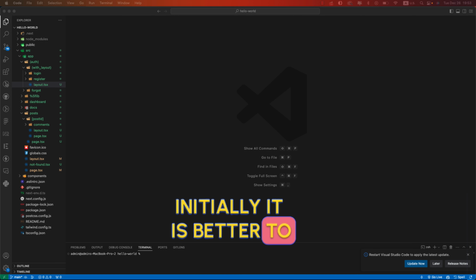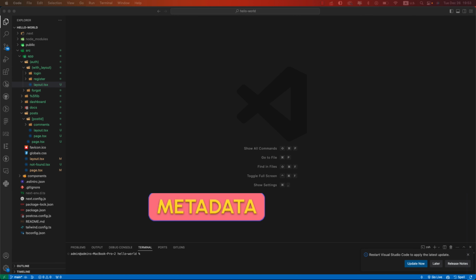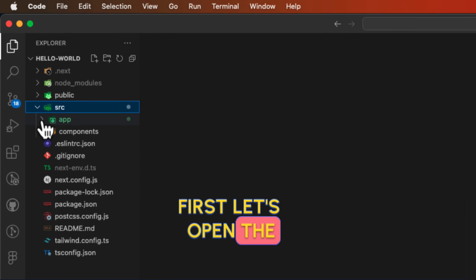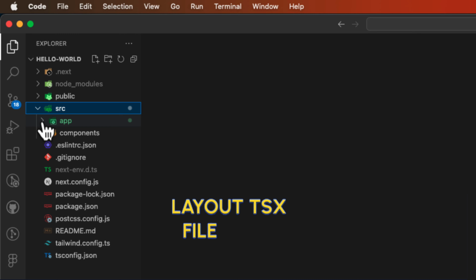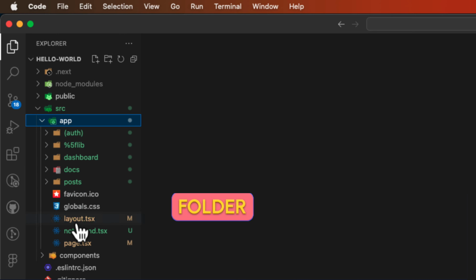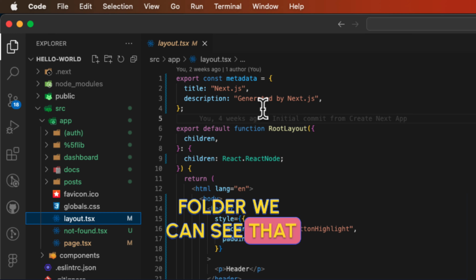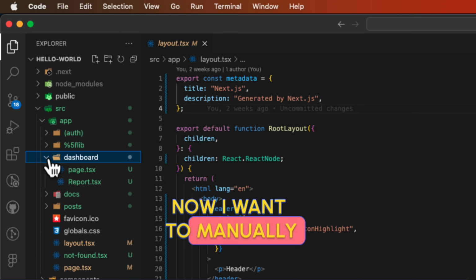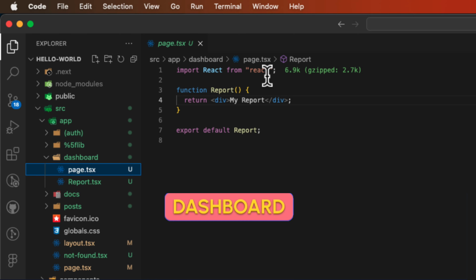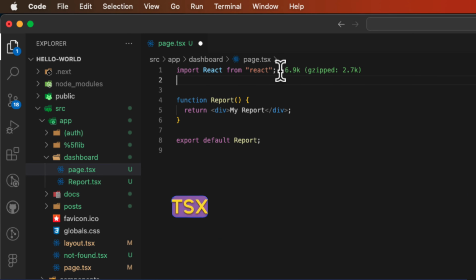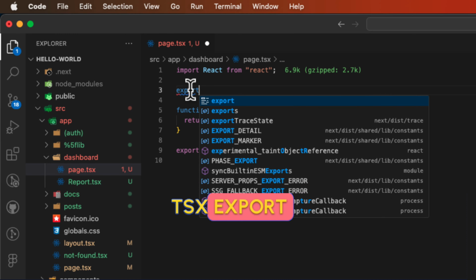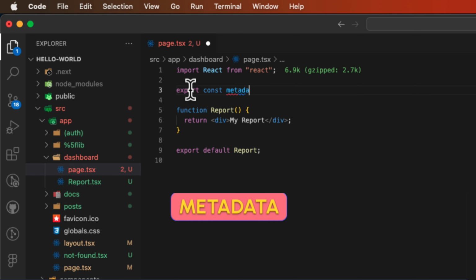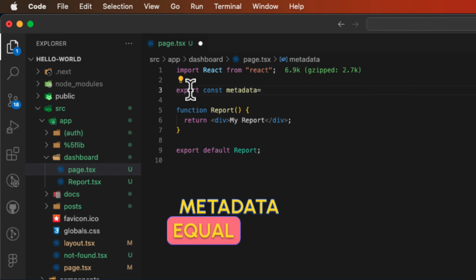Initially, it is better to start with static metadata and understand how to use it. First, let's open the layout.tsx file in the app folder. We can see that we have a default metadata in layout. Now, I want to manually enter metadata in dashboard/page.tsx. Export const metadata equal